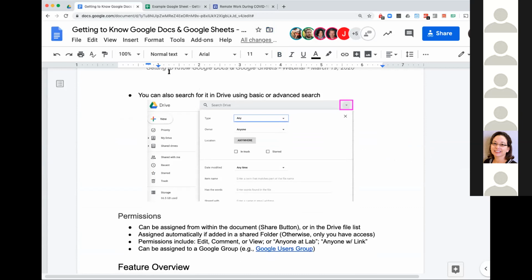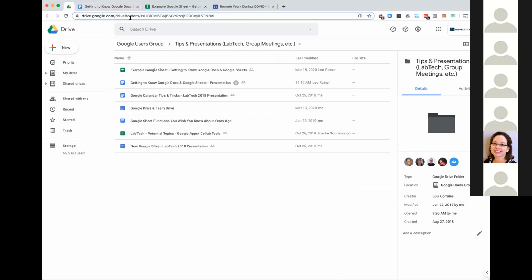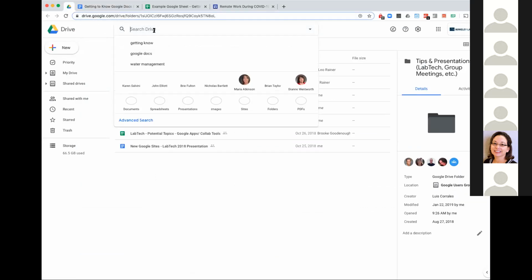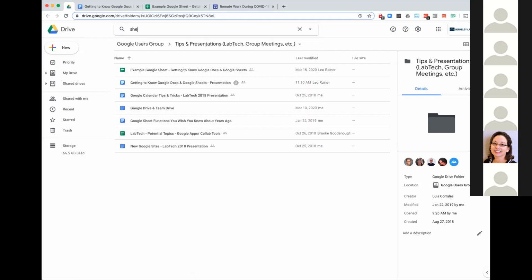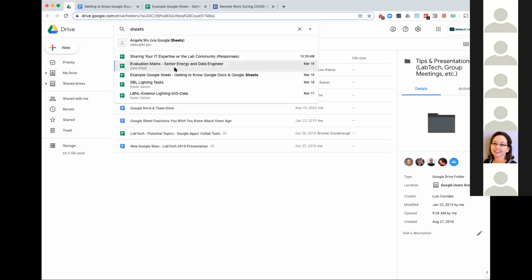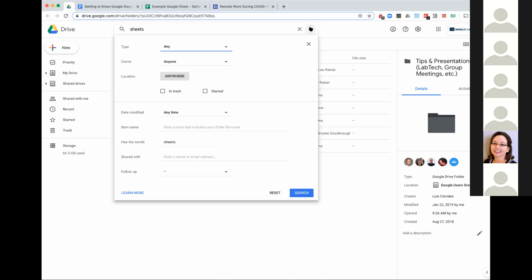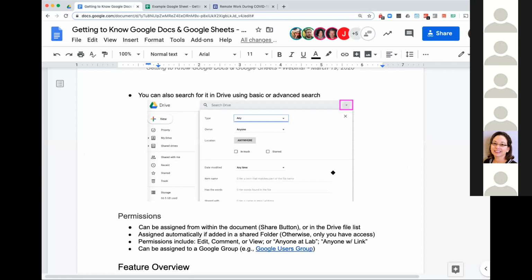So here's a screenshot to show you. I'm just going to bounce over so you can see. You can just start typing a name here, and it will bring up here's our document for Sheets today. But you've also got advanced search features to look for date or owner or something like that. I think it's important to know how to find things, because sometimes you create them quickly and you don't know where they ended up.